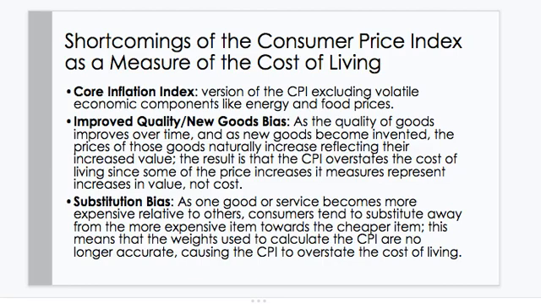Improved quality, new goods bias. As the quality of goods improves over time, and as new goods become invented, the prices of those goods naturally increase, reflecting their increased value. The result is that the CPI overstates the cost of living, since some of the price increases it measures represent increases in value, not cost. Substitution bias. As one good or service becomes more expensive relative to others, consumers tend to substitute away from the more expensive item towards the cheaper item. This means that the weights used to calculate the CPI are no longer accurate, causing the CPI to overstate the